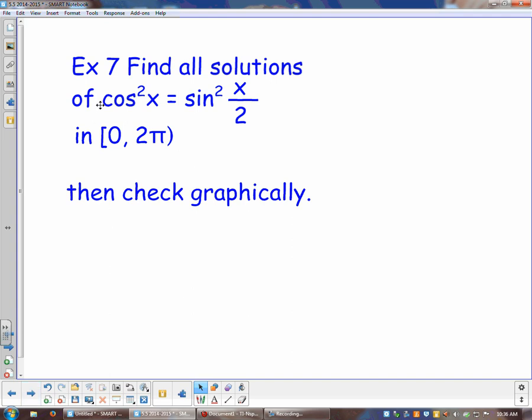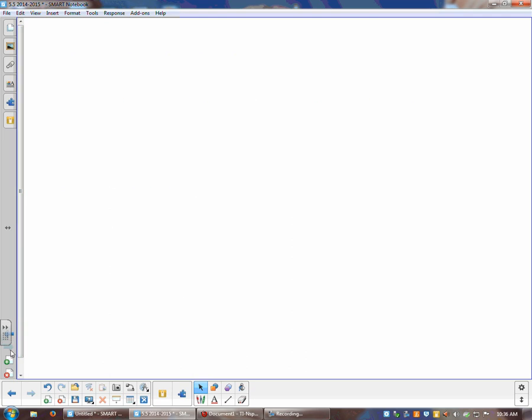Rewrite as a sum or difference, because right now it's a product, right? We've got two things being multiplied together. We want to rewrite it as a sum or difference. So which of these formulas that we have up here are we going to use? Well,